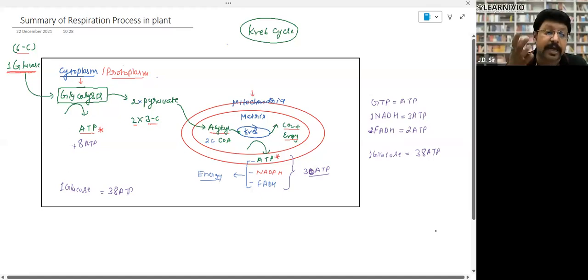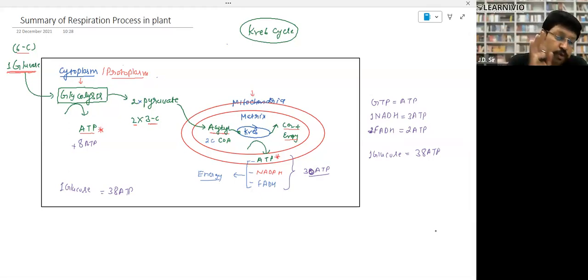So what is glycolysis? Where does it go on? It goes on in protoplasm or cytoplasm. Why? Because glucose cannot enter mitochondria, or you can say directly that mitochondrial membranes are not permeable for glucose. Then what will happen? It will break down into 3-carbon. When glycolysis goes on, formation of ATP takes place, and net 8 ATP will be produced in glycolysis.